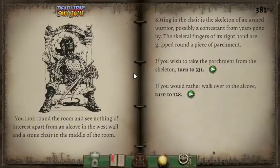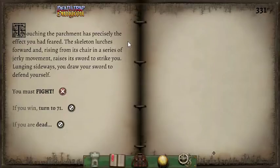Uh-oh. Now, could I take the parchment and walk over to the alcove? Let's grab the parchment. Well, I hope I don't have to fight the skeleton. Oh. Touching the parchment has precisely the effect you had feared. The skeleton lurches forward and, rising from its chair in a series of jerky movements, raises its sword to strike you. Lunging sideways, you draw your sword to defend yourself. All right. Let's go. We haven't had a good fight in a bit. You must fight. If you win, turn to 71. If you are dead...